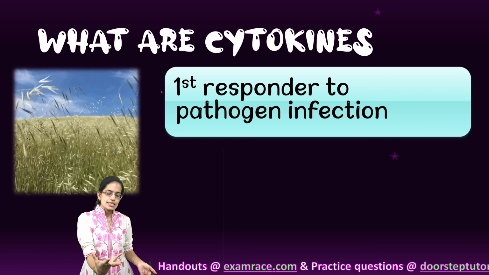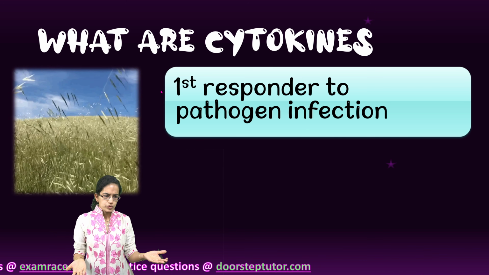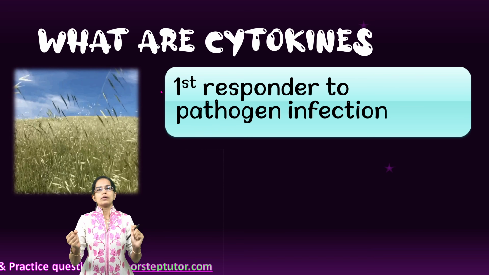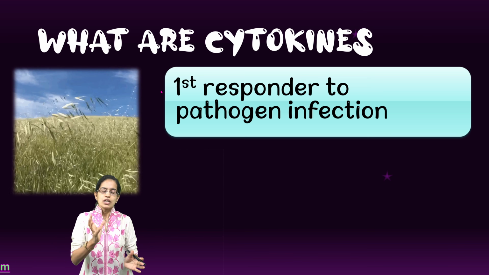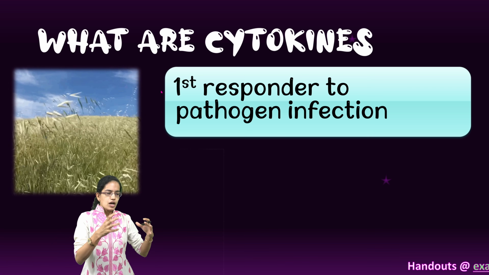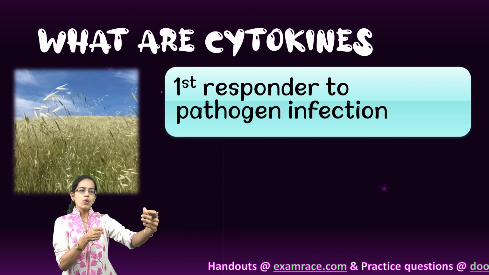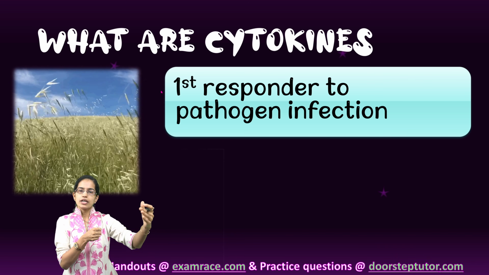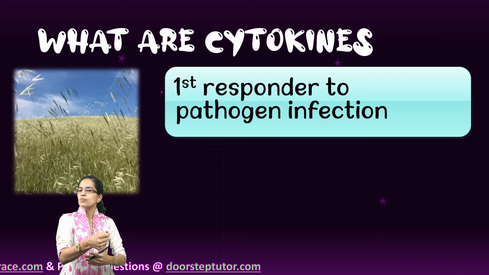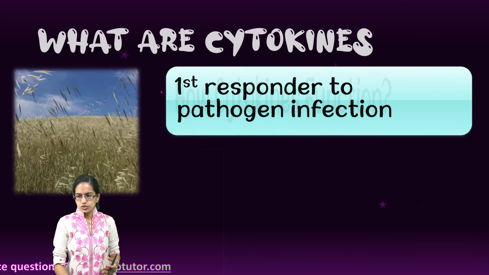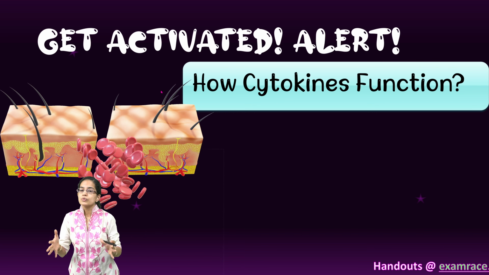Now, these receptors bind to immune cells, and they can also bind to non-immune cells, and according to the binding, they adjust how to grow and how to behave. So these cytokines have a very direct influence on the body, as they know that there is a pathogen or an infection that is entering the body, and they need to generate a response based on the antibodies which we already have. Now, how do they get activated, or how do they function?